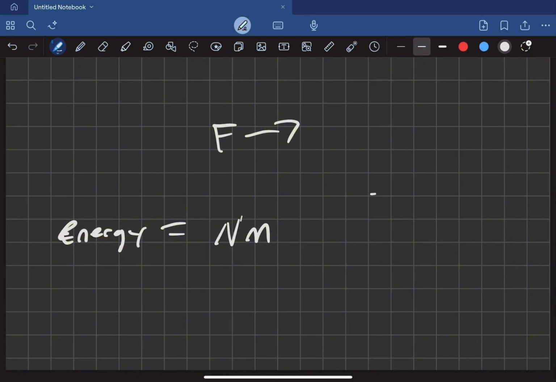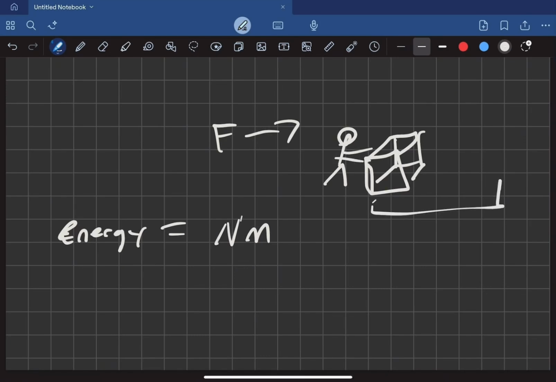So if I push on this box with some force, and I move it a distance, the amount of energy that it took to move this box over here can be calculated by however much force I was pushing on it with, times however far I ended up being able